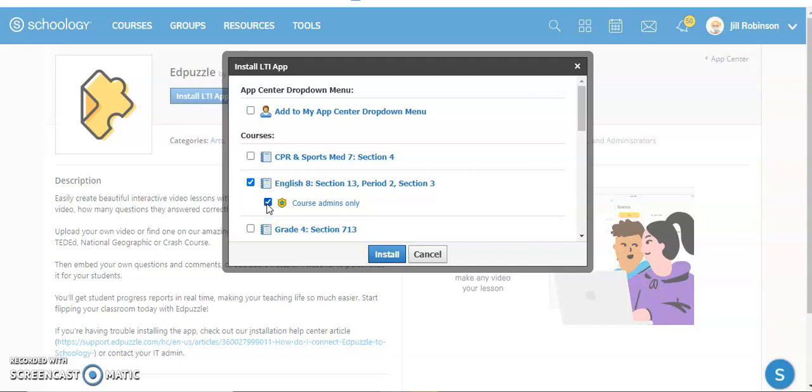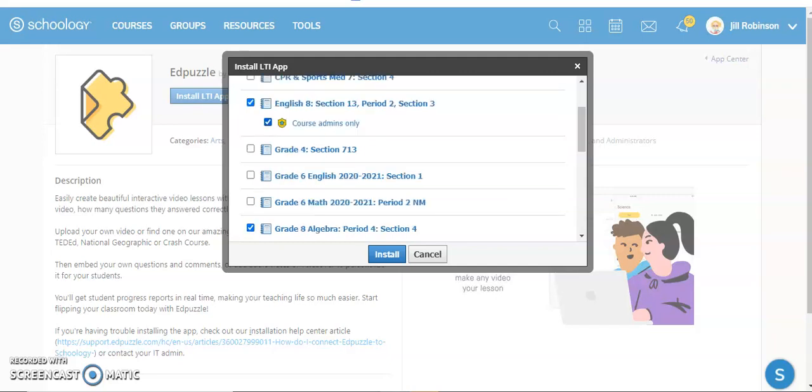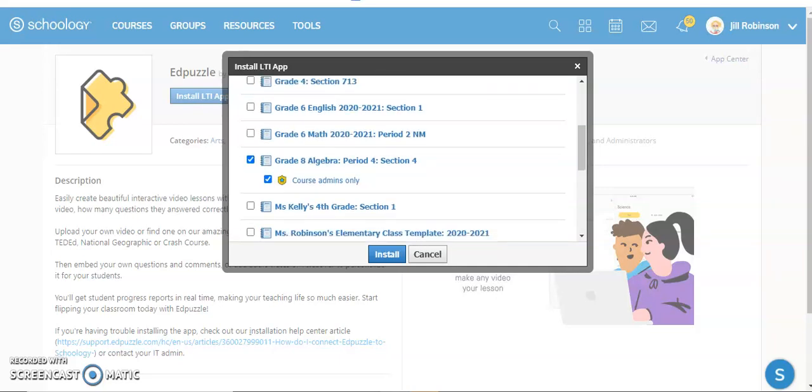If you don't click on that, when the student tries to access your EdPuzzle within your Schoology course, it's going to ask them for a login, and we don't want that. We want them just to be able to go right into the EdPuzzle. So do this for all the courses, even if it's a course you don't necessarily think you plan on using it for. If you click on it, you will just make it available so that you can use it in the